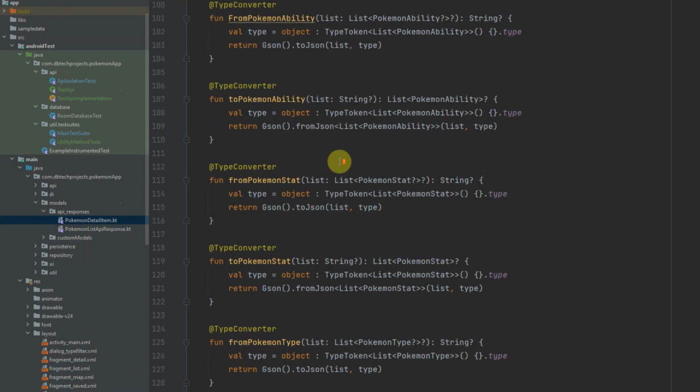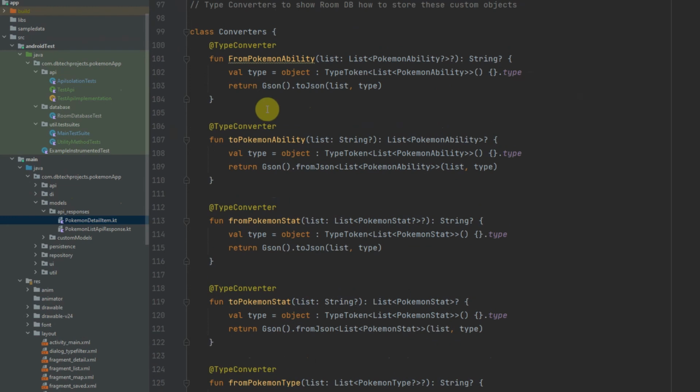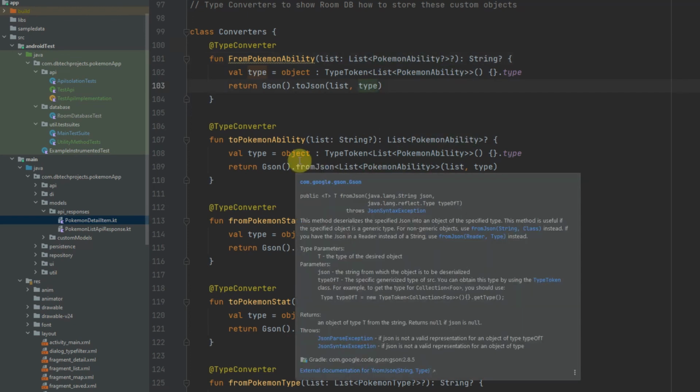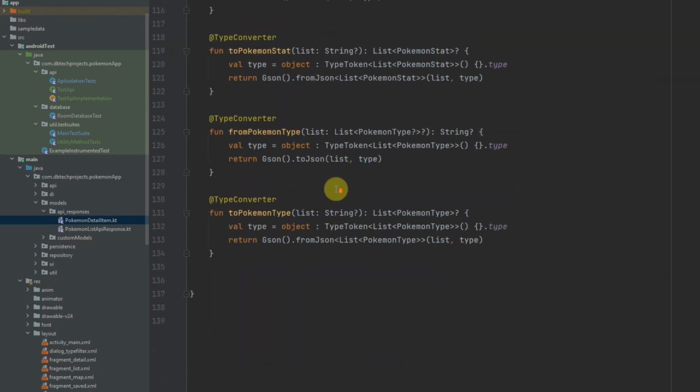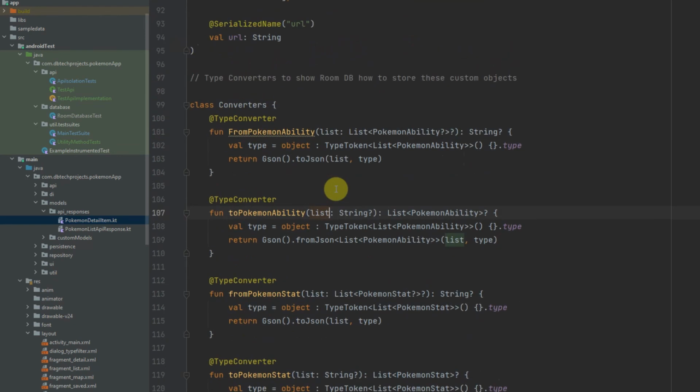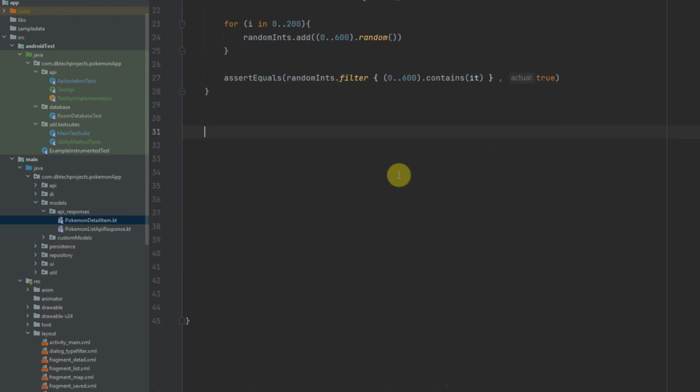So in my Pokemon detail item, I have a class called converters, and we can see what we're doing here is we're converting a Kotlin data class of Pokemon ability to a string, and then also retrieving it from a string as well. So we just want to test whether that actually works correctly. And we could do it for all the classes, but I'm just going to do it for one, just to show you guys. So back in the utility methods test class, we're going to write our final test, which will be